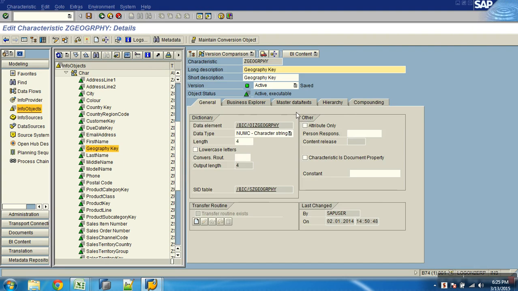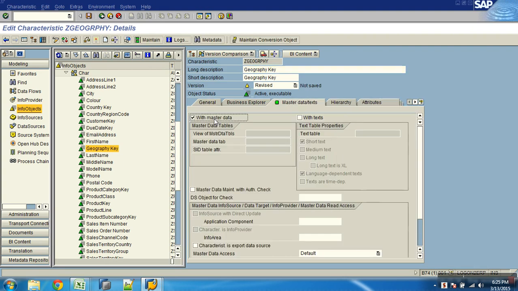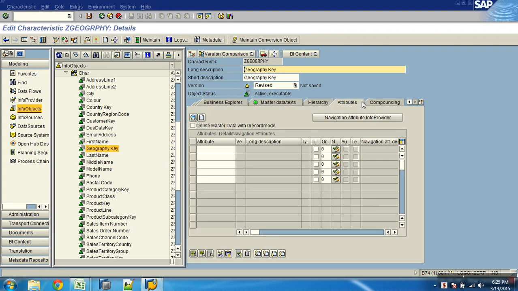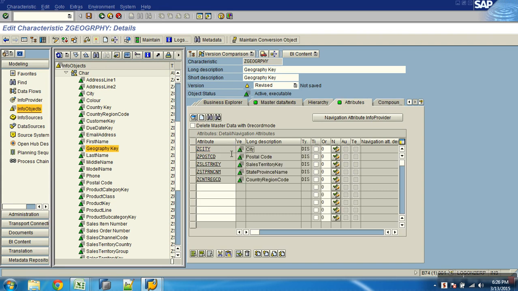Right click, say Change. First you indicate that I want master data. With this checkbox you are indicating that for this geography I would like to build an attribute table, and then immediately it asks you for a tab called Attributes where you have to specify which attributes you want. These are the InfoObjects which I want as attributes. These InfoObjects are already created. Now when I activate, does it create the attribute table for geography? So what columns will that have? It will have geography as my key field, primary key, and all these are your attribute, non-key columns.